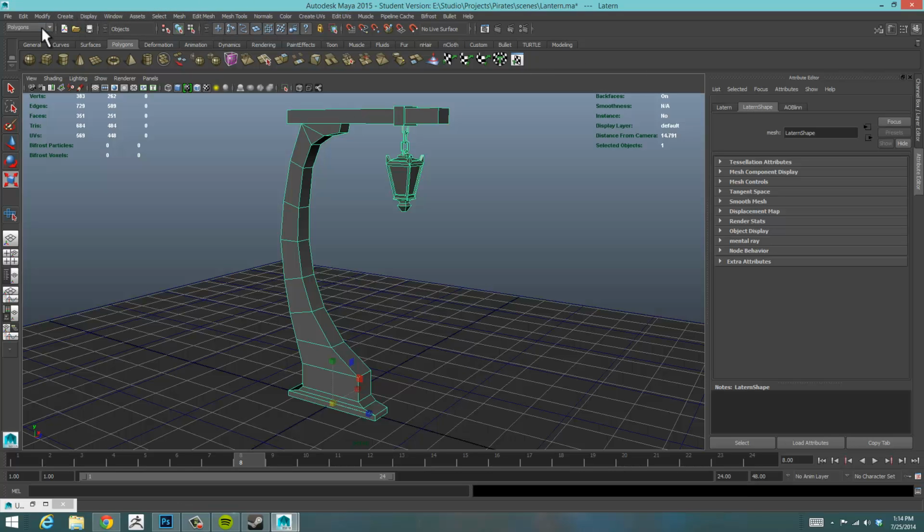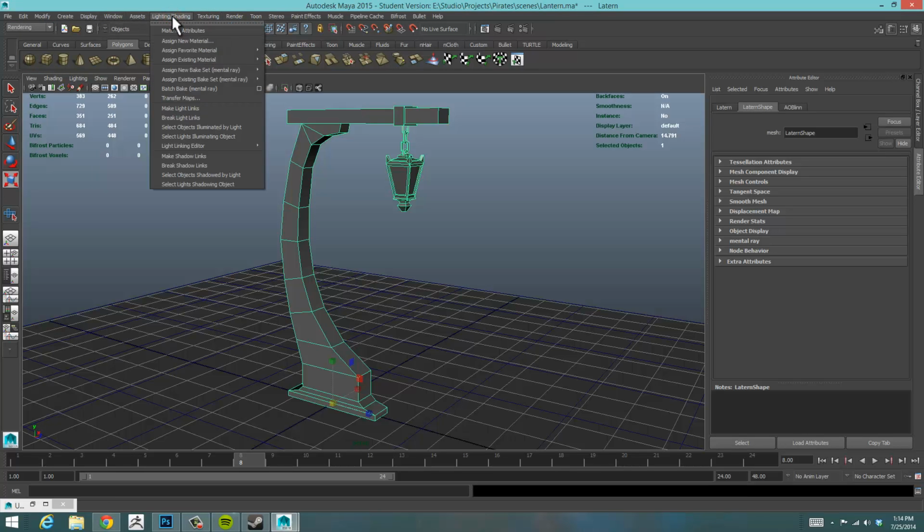Next, I'm going to go to my rendering menu set. So where it says polygons here, I'm going to click and go down to rendering. And then I'm going to go to my lighting and shading menu. So I'll click that, and we see an option here called Batch Bake Mental Ray. Now if you don't have your Mental Ray plugin activated, this will be grayed out. You won't be able to select it. So we're going to go to Batch Bake Mental Ray,